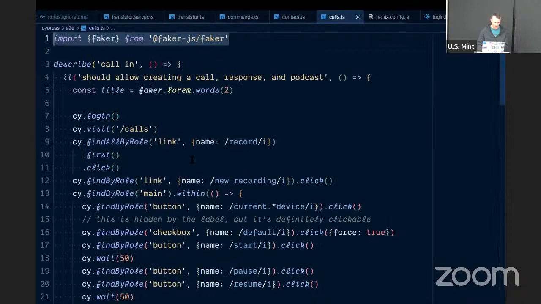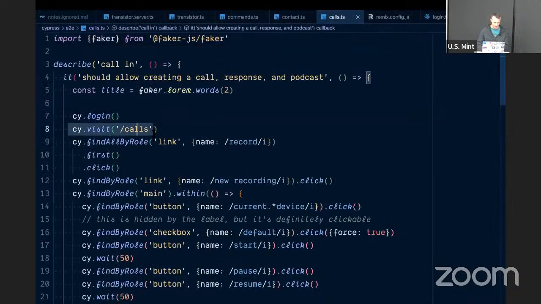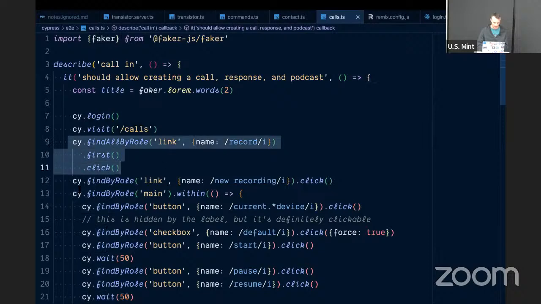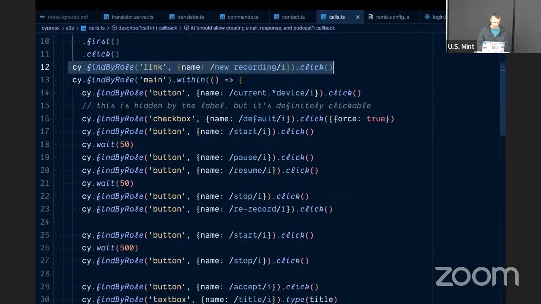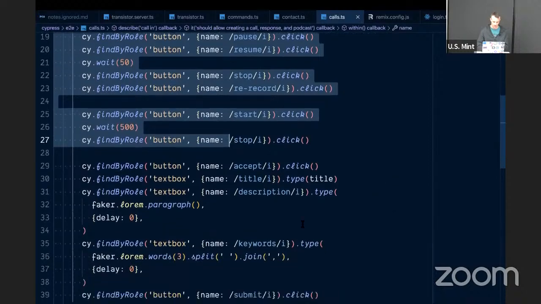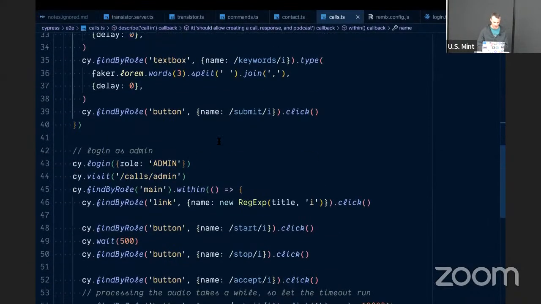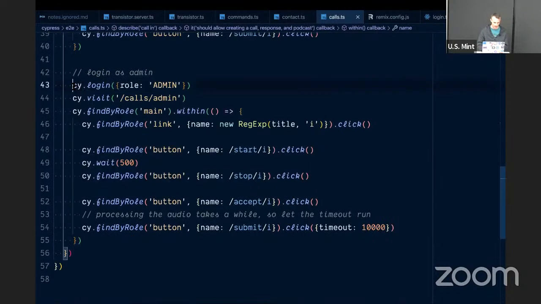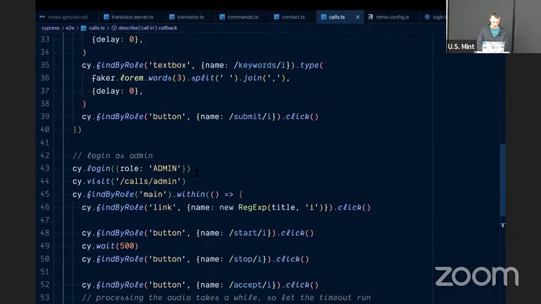our calls. And say, hey, I want to log in, and then go to the calls, and then I want to click on record and create a new recording. And this is me interacting with the recorder, which is written with XState. So two shout outs for XState. It's awesome. And then I actually switch and I log in as the admin and I record my response. The test is super cool, and I wish that Cypress wasn't broken right now. But anyway, it works out really awesome.